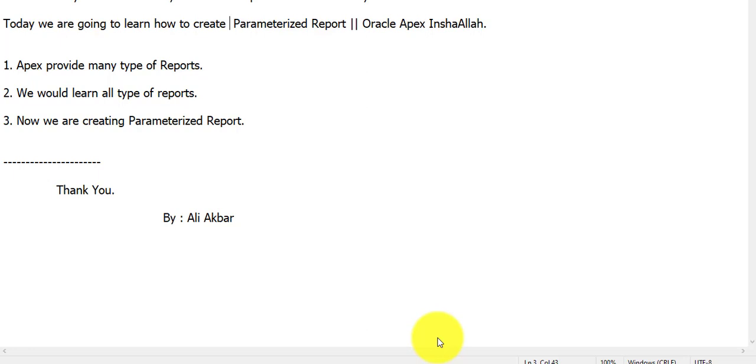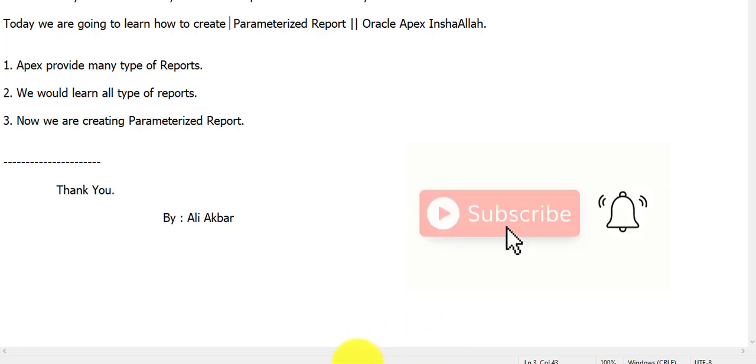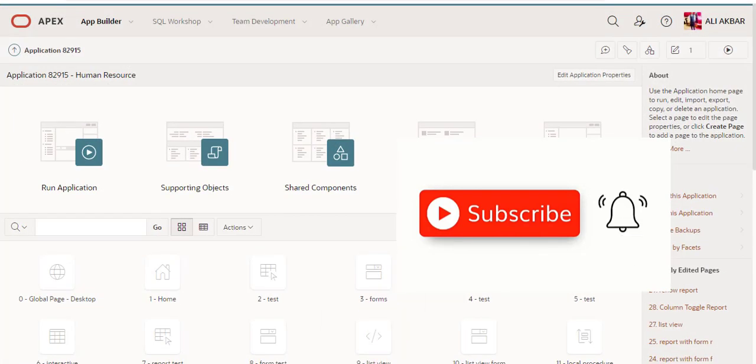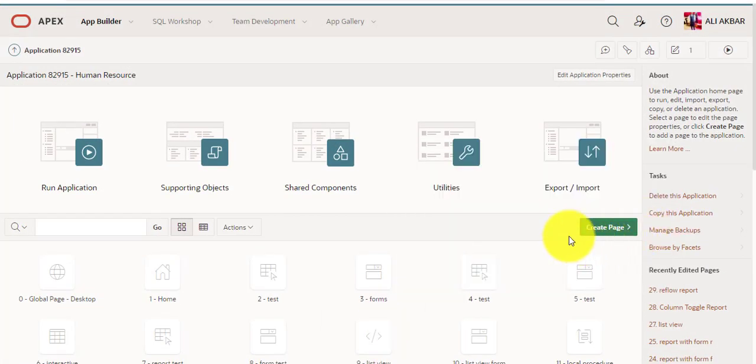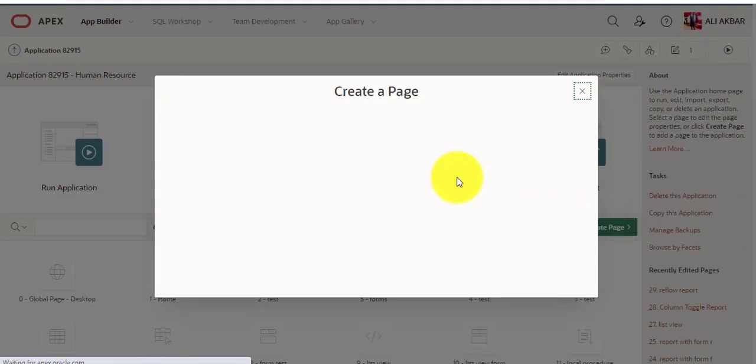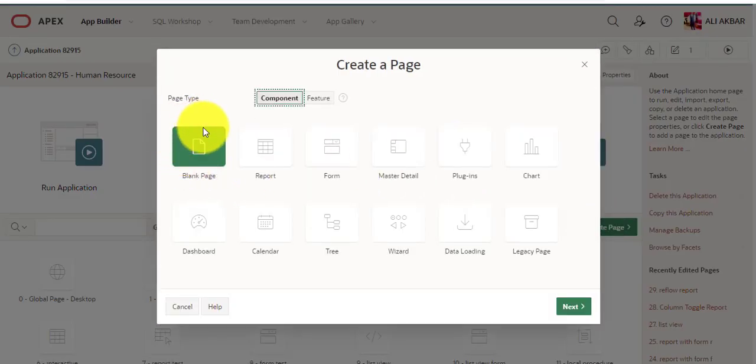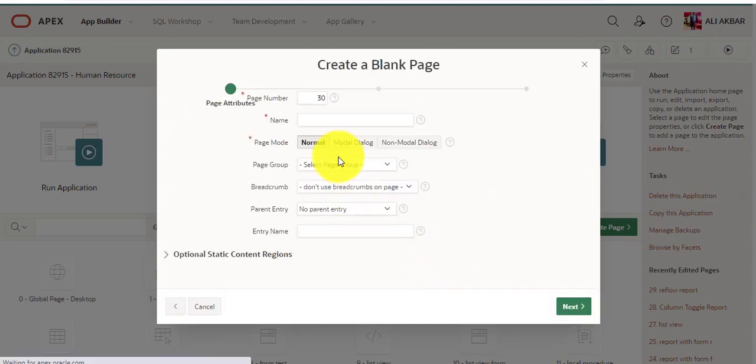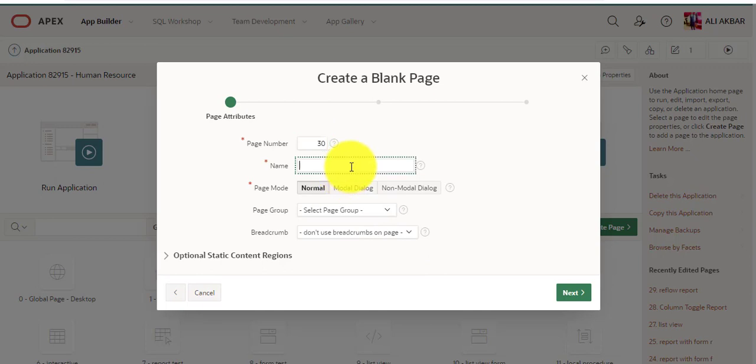Now we are creating a parameterized report. So I'm going to Apex. Now I'm going to create a page. I'm going to create a blank page. I type the page name, parameterized.